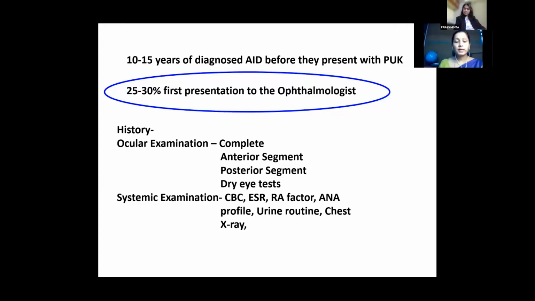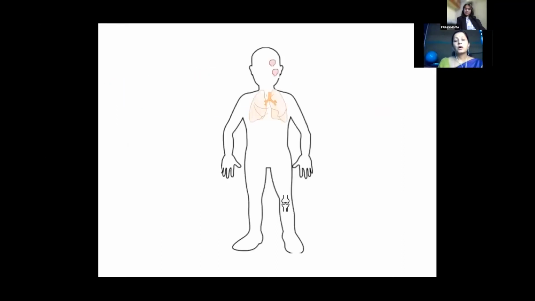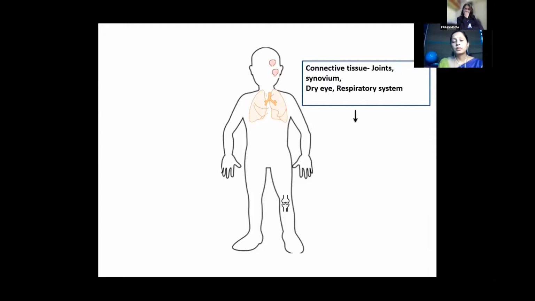Systemic examinations and investigations include a preliminary set of tests that should be sent whenever you see a PUK: CBC, ESR, RA factor, LFT profile, urine routine, and chest X-ray. Now, this is a quick guide to help you diagnose PUK-associated systemic disorders. If you see PUK with keratoconjunctivitis sicca or dry eye, and associated interstitial lung disease with joint pains,